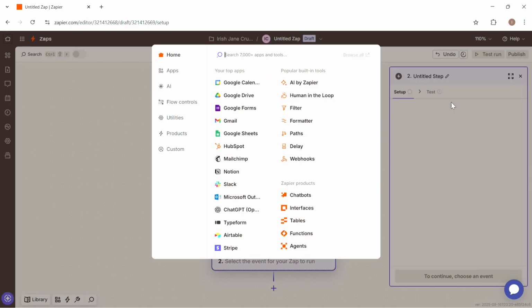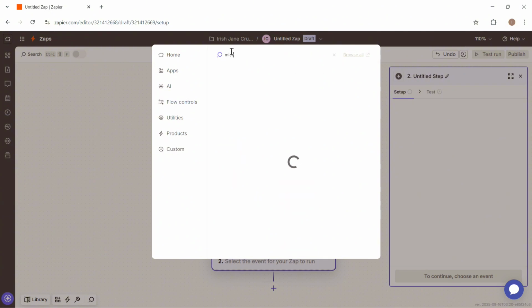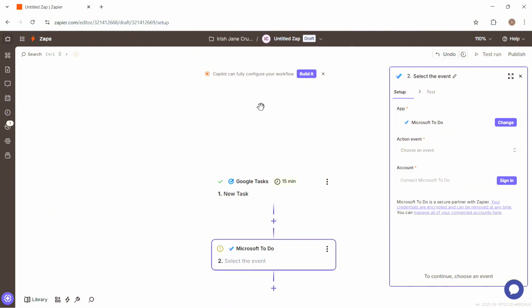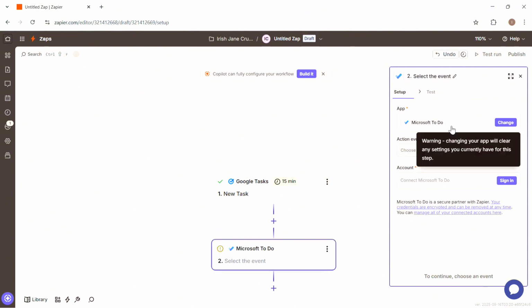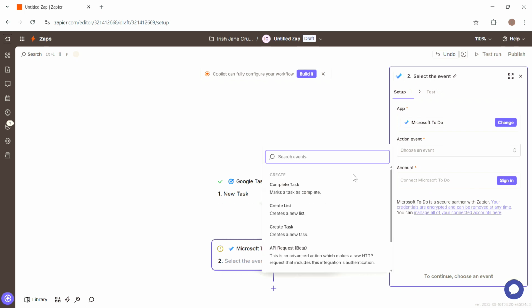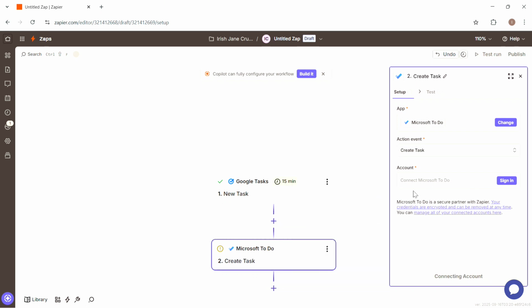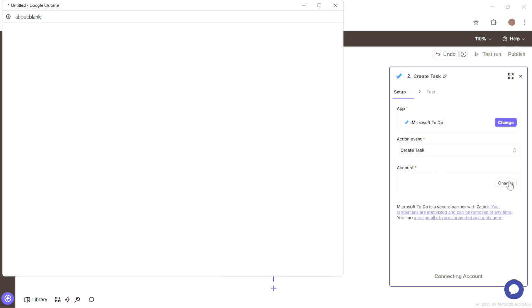In here, go ahead and search for Microsoft To Do. So use the search bar to search for that specific application in this section. Once you find that, go ahead and click on that, and then from here go ahead and set the action event. So set the action event to create tasks, and then go ahead and connect your Microsoft account